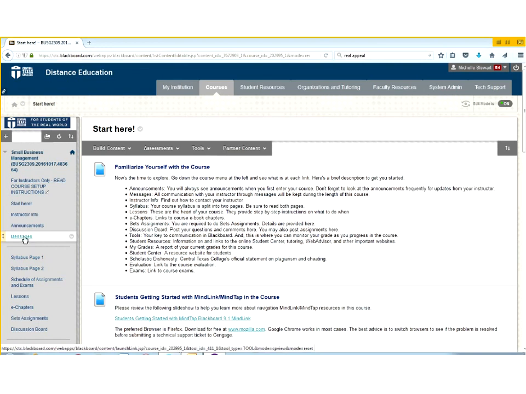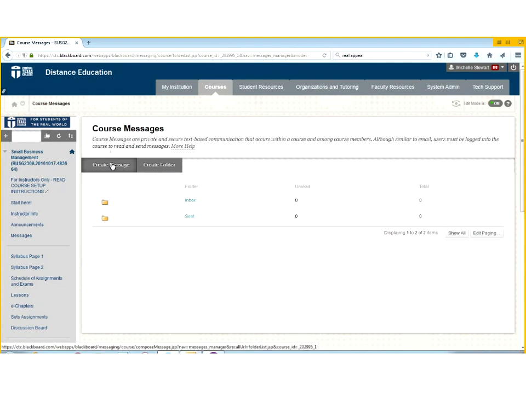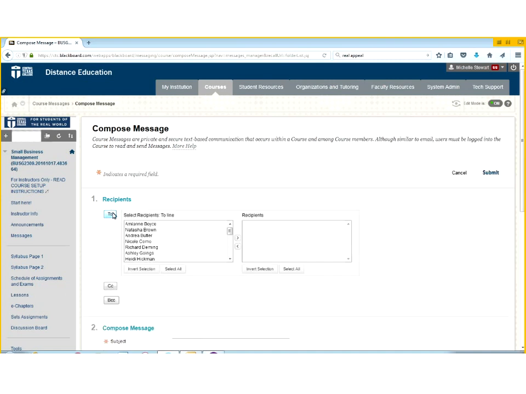Very simple. You just hover over messages, left click. And sometimes technology is good. Sometimes it's a little slow. There it is. You just reach up and create a message, and you'll be asked to write somebody.